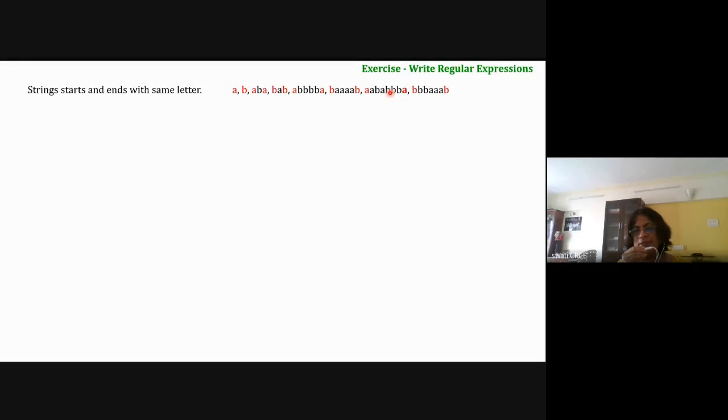Either A or B is also a correct answer, or if it is starting with A, it should end with A. So Matthew, your answer is wrong. Novia, your answer is wrong. Lyndon's answer is correct, but only for the boundary conditions you have to write. Chris has written correctly.